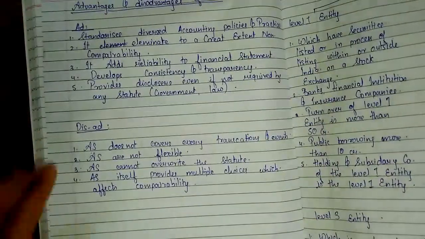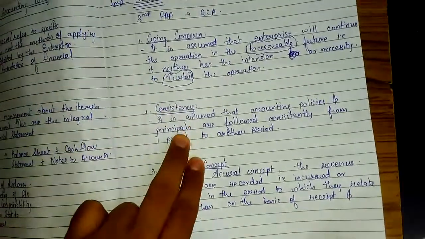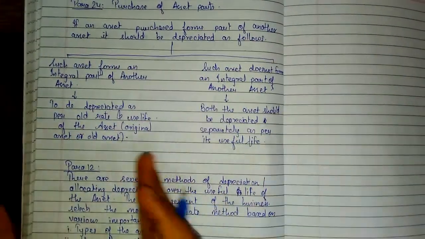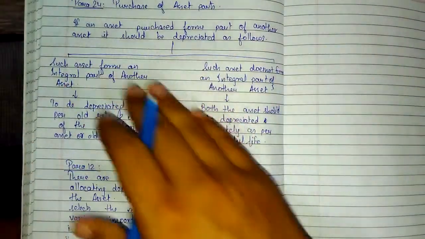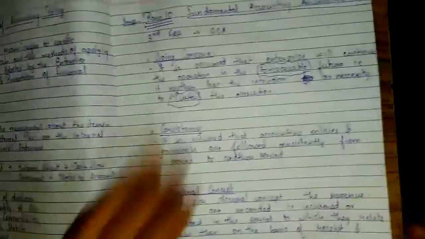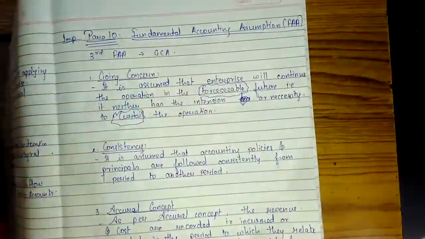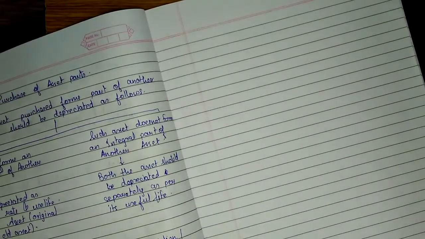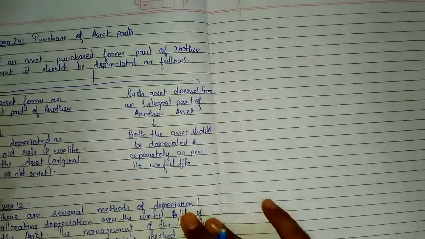See, I'll show you again. The pages are so sticky these days. Consistency. Okay. So all these things are very much related. While writing para 12, you can put the AS1 para also over here, that is the para of fundamental accounting assumptions, para 10. You can write para 10 also and show your knowledge to the examiner who is checking the paper. If he gets impressed, he'll give you full 5 out of 5 marks.